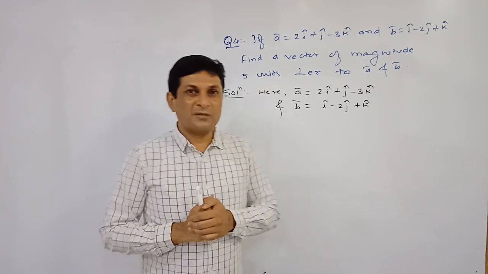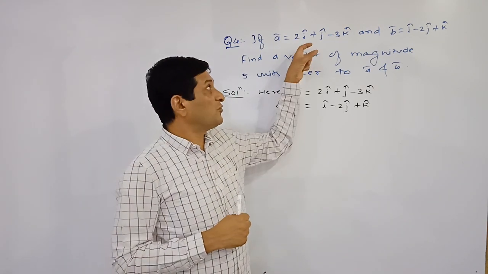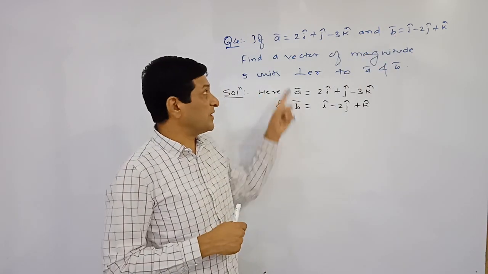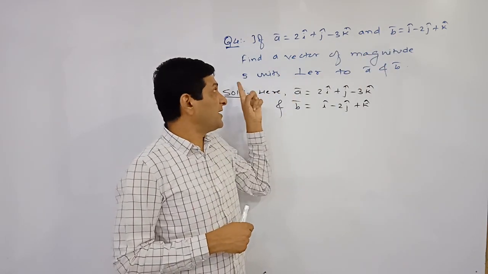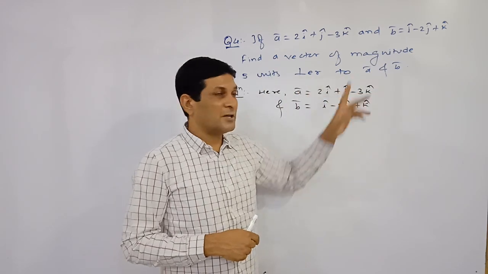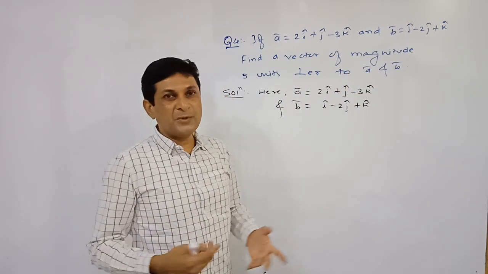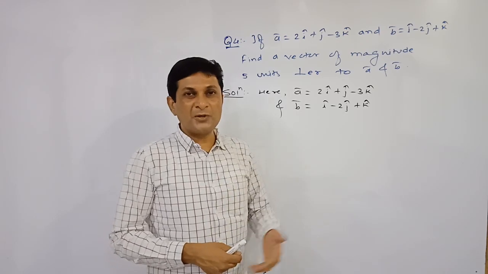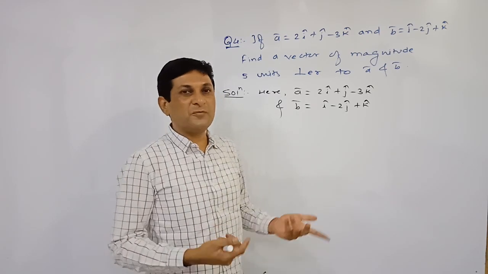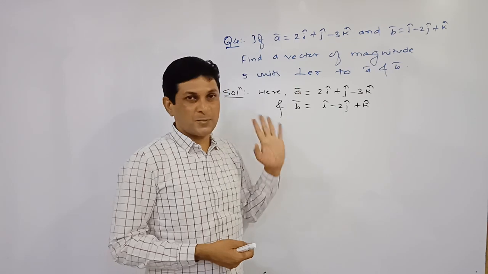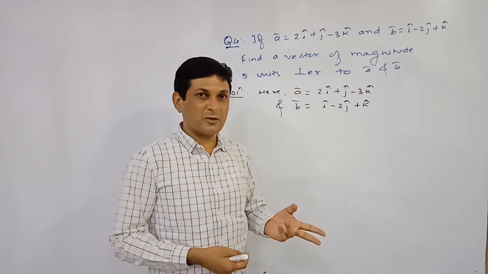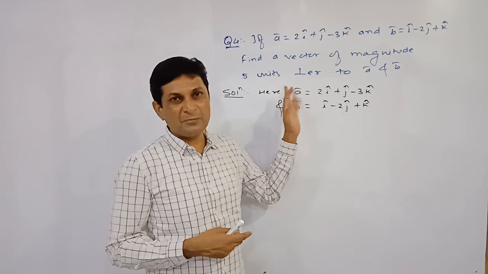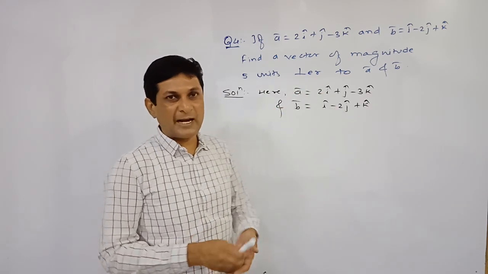Now see the question number 4. In this question number 4, two vectors A bar and B bar are given to us, and the question is to find out a vector of magnitude 5 units perpendicular to A bar and B bar. So already we know that if two vectors are given to us, then a vector perpendicular to A bar and B bar can be found out just simply by taking cross product of two vectors, because cross product of A bar and B bar is a vector perpendicular to plane of A bar and B bar, means it is perpendicular to both A bar and B bar.